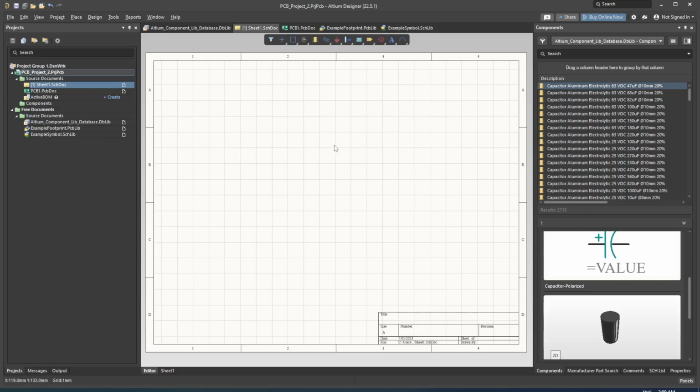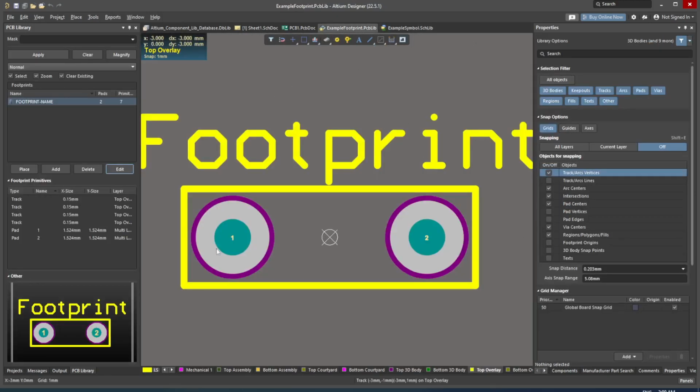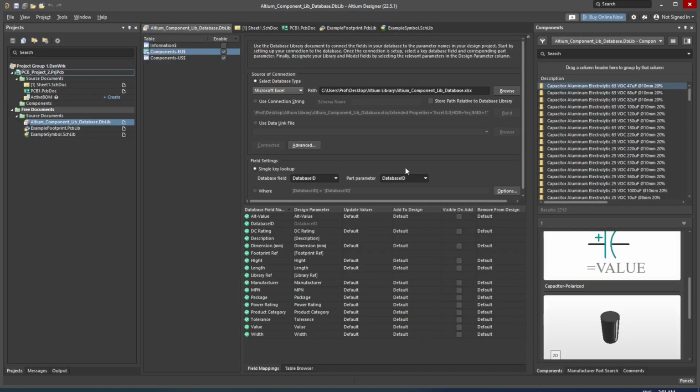For this, I have created a symbol and a footprint. We can start off by looking at the symbol. So here is the symbol that we will use, and we will now look at the footprint, and it's over here. If we go back to our .dblib file, which is the file linking our database to our Altium library,